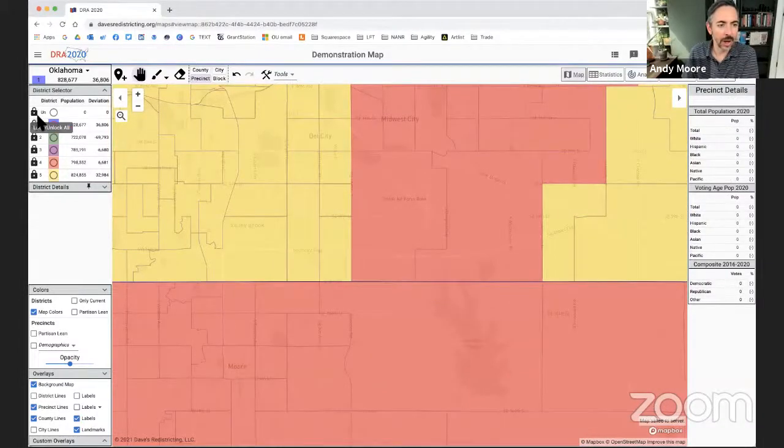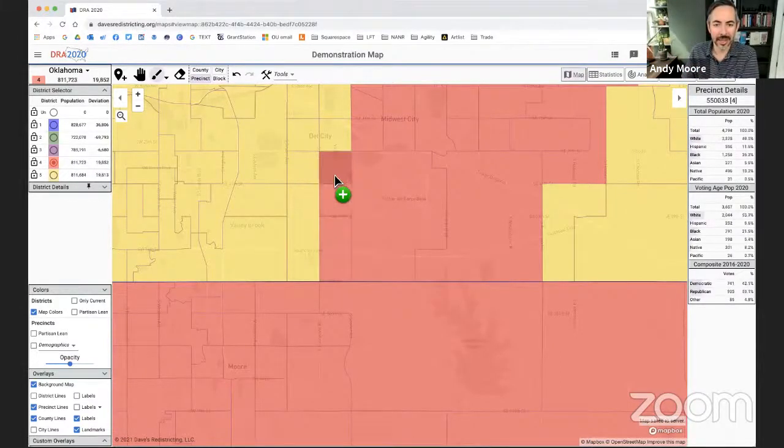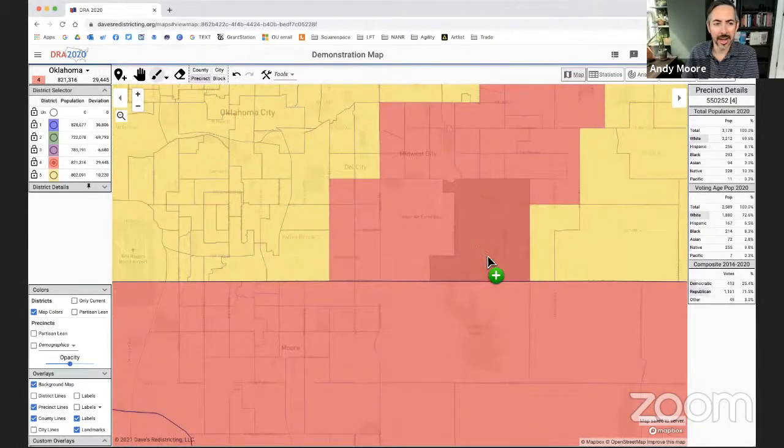And I'm going to lock all the districts right now, and we'll just unlock one at a time. Well, maybe I'll unlock all 5. That's not so bad. All right. And so I'm going to pick District 4. You want to pick the one that you're going to paint with. So essentially, I'm going to paint some of these red, right? So I'm going to pick these and make sure these are red. And then